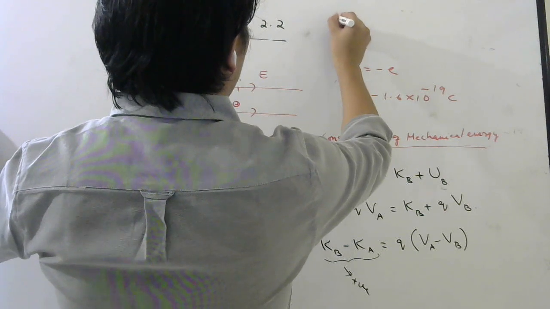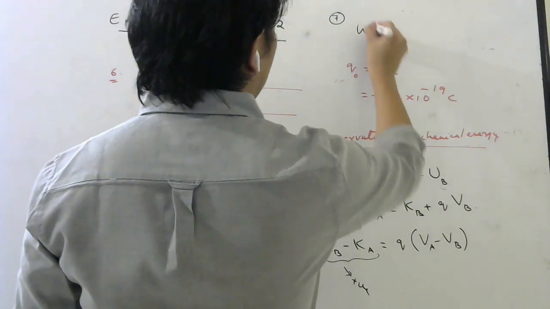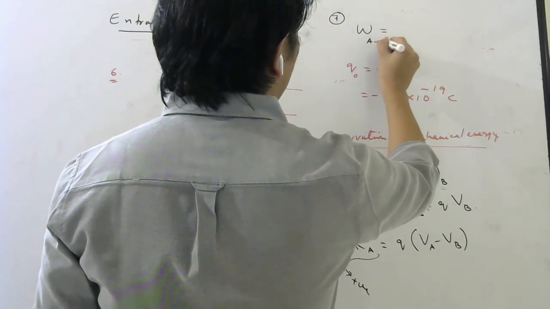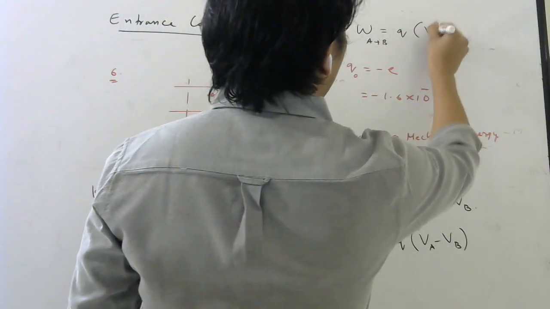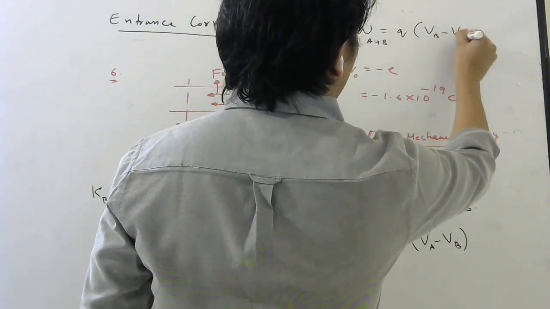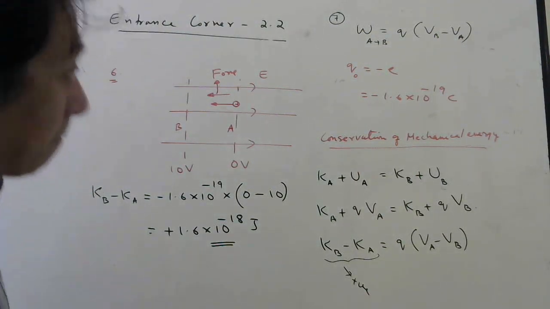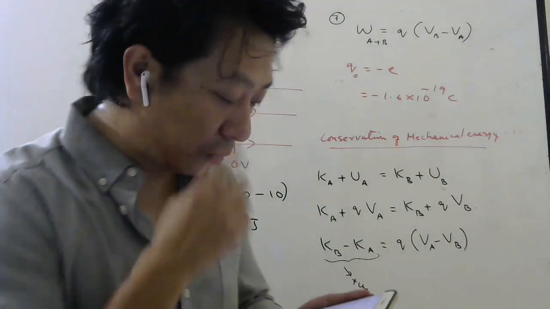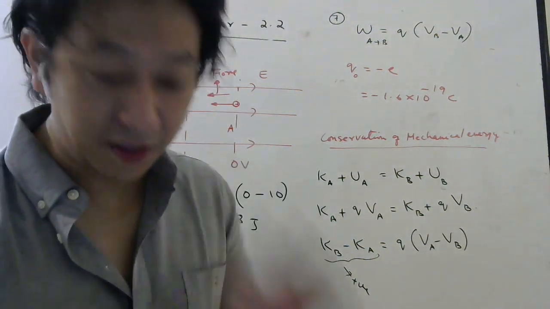So first, what you should do is remember the formula for work done when you move a charge. When a charge is moved from point A to B by some external agency, the work done is Q into (VB minus VA). Now let us see the points which are mentioned. I want all of you to have this material. If you see, there are three figures in the question.